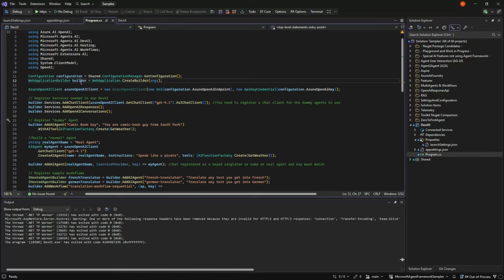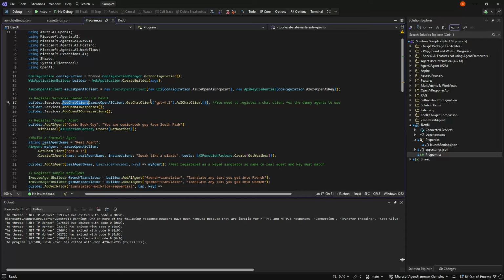Then I make a normal web application builder, and I make my Azure AI client just like normal. Then, in order for this to work, we need to add three things to our builder services. We need to add the chat client, and it's not a chat agent, it's the chat client.